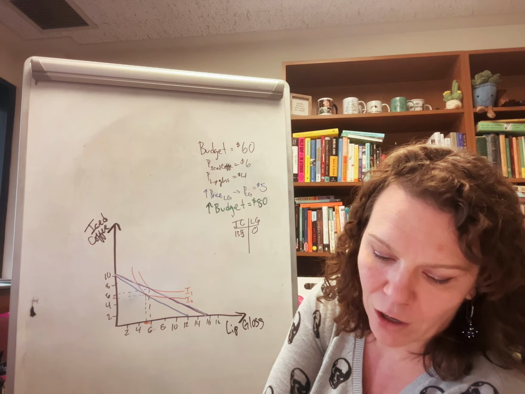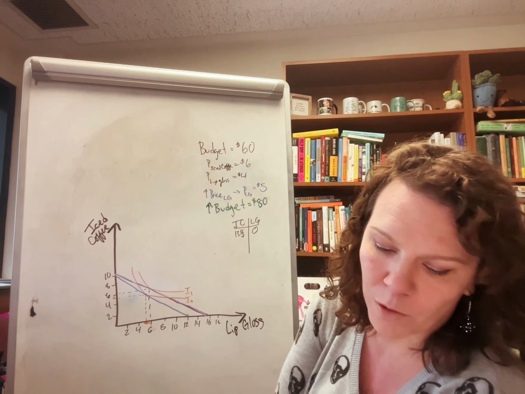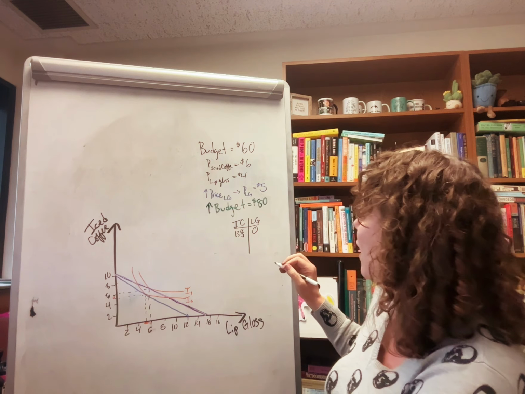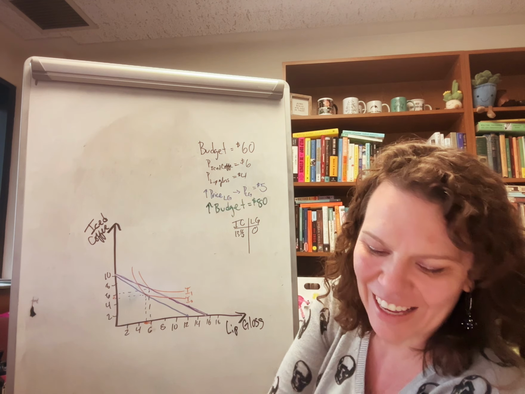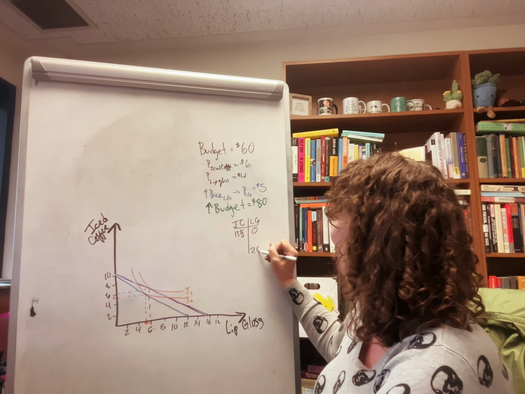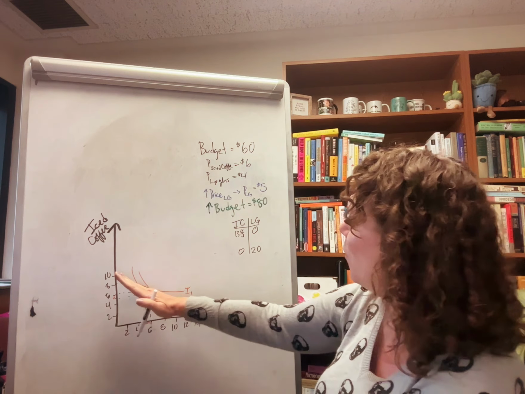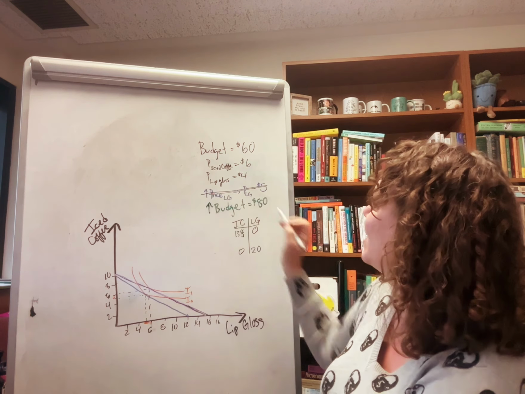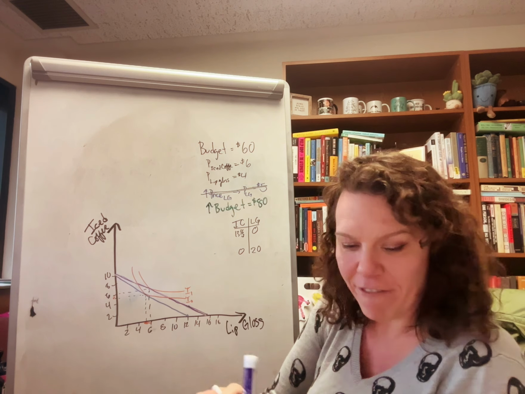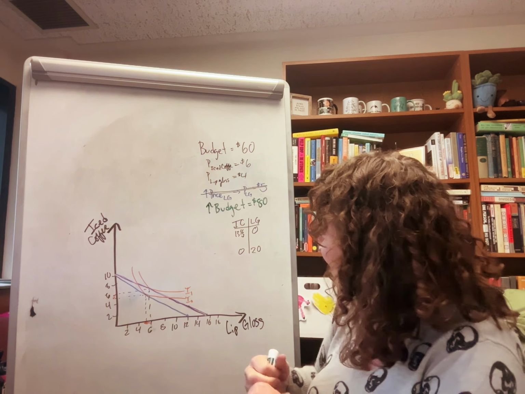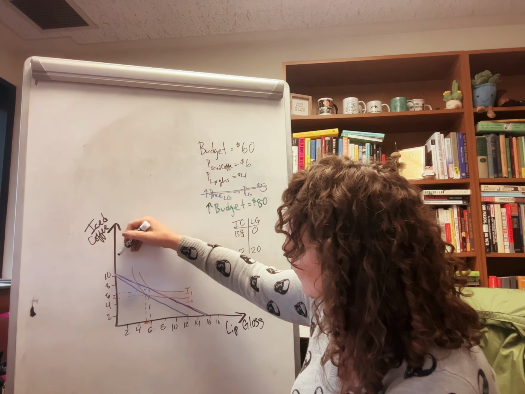Or we could spend all of our money on those $4 lip glosses. And we could have 20 lip glosses and no iced coffees. Does that kind of make sense? If we're going with those original prices, that's what we would see. We could do it with those prices too. Either way, we're going to see the effect of being able to buy more of everything. It's going to look something like this,